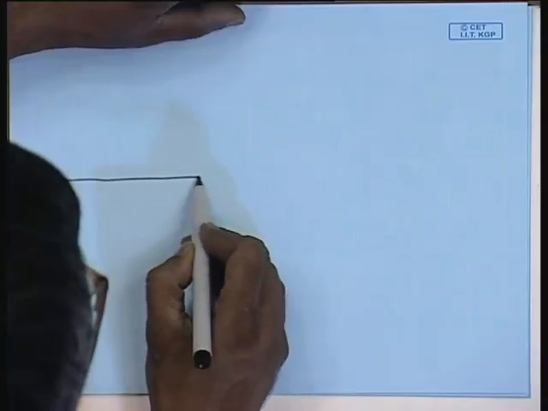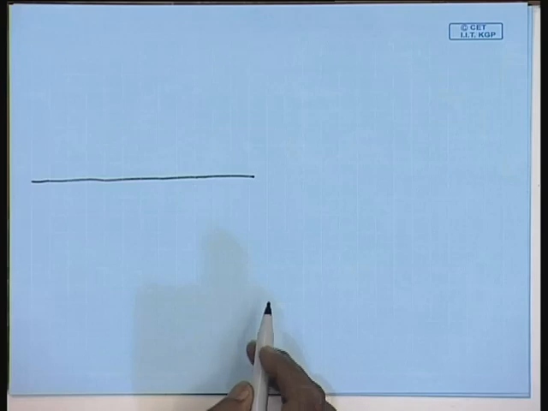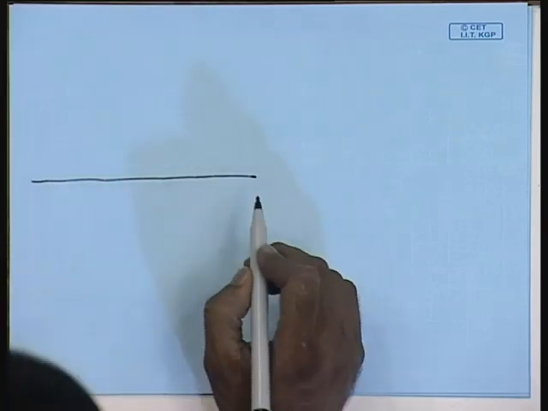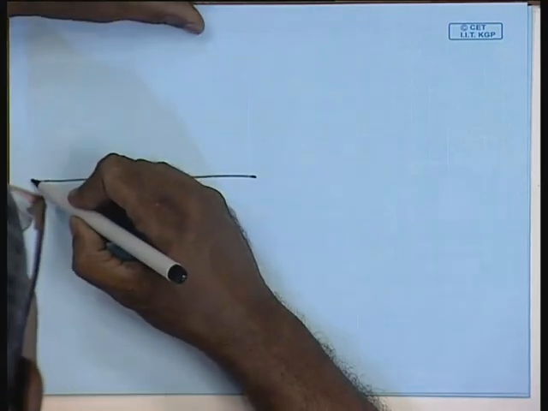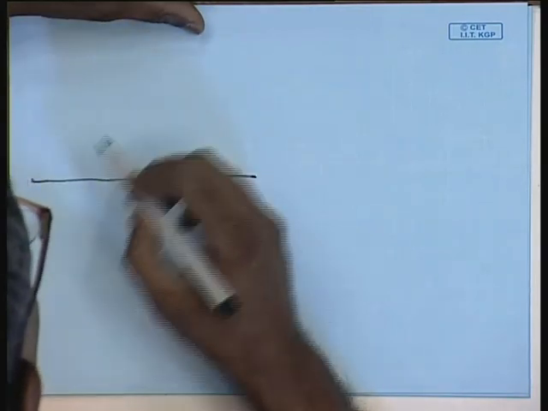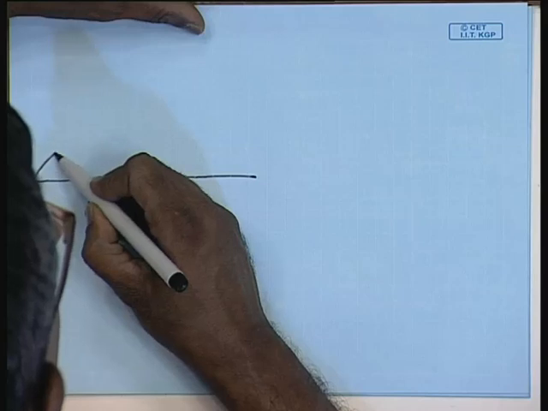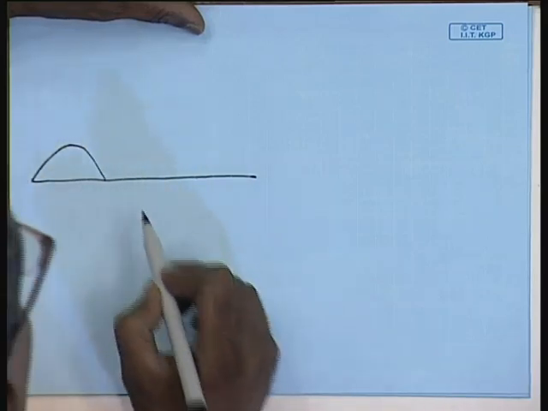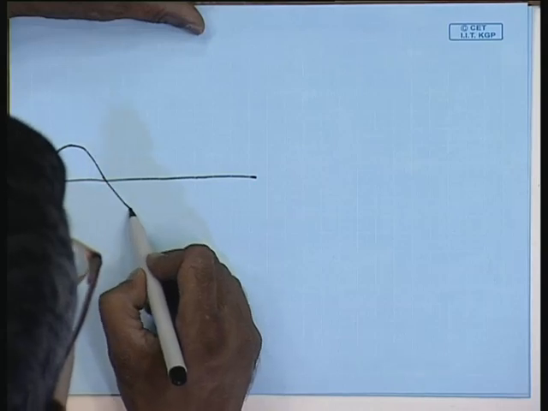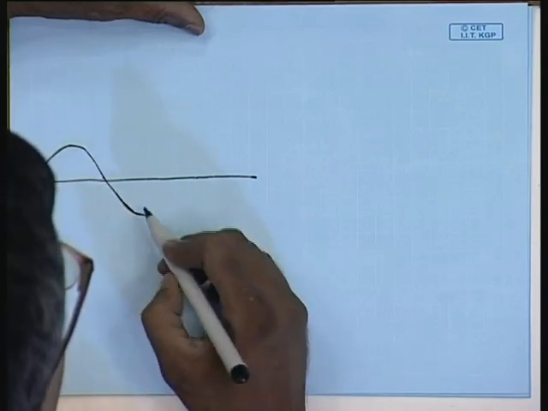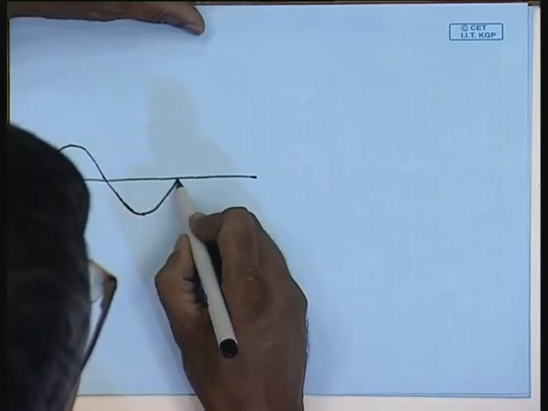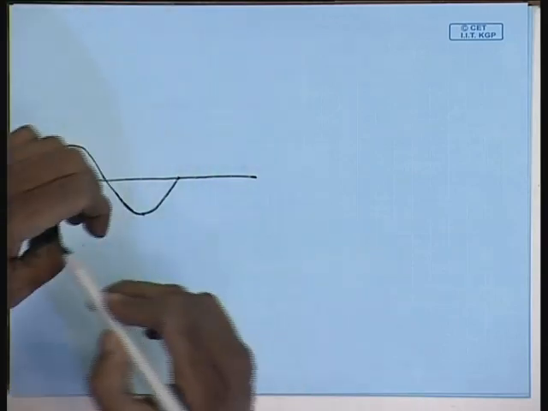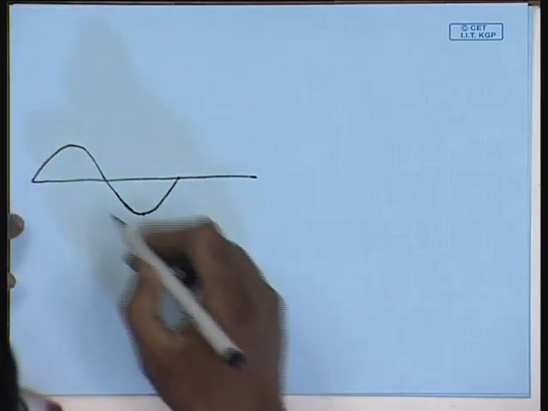Let us say this is the applied voltage waveform Vi,